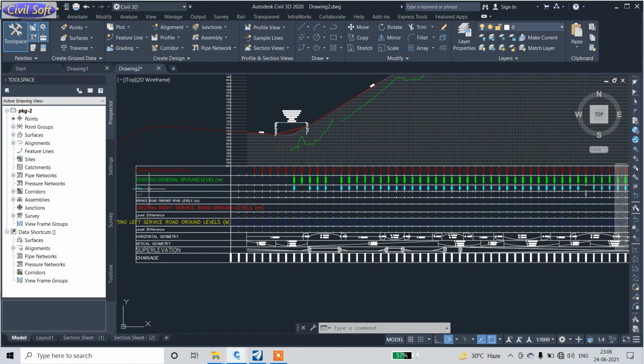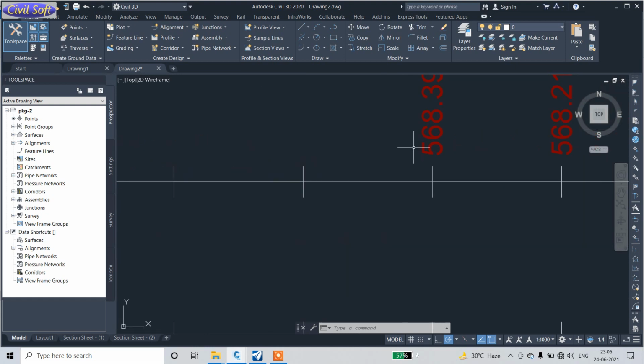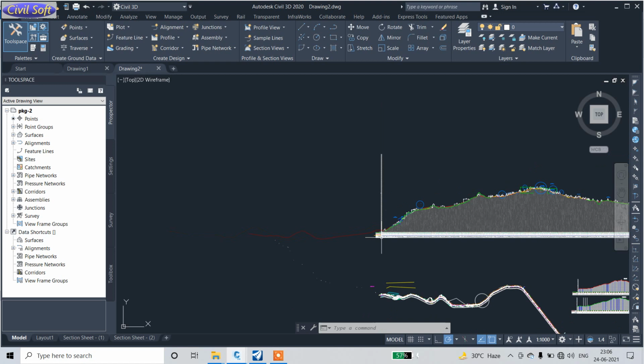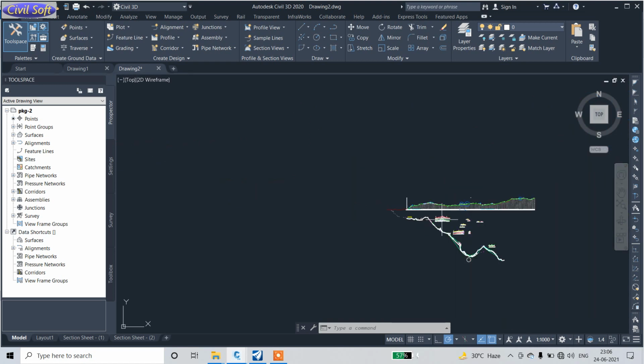Here is the new road level and existing ground level, and their values are also here. I am just going to extract survey data from this file for using in OpenRoad.